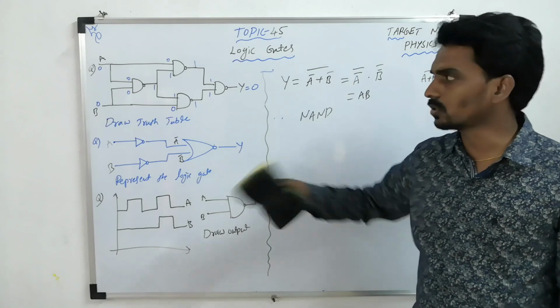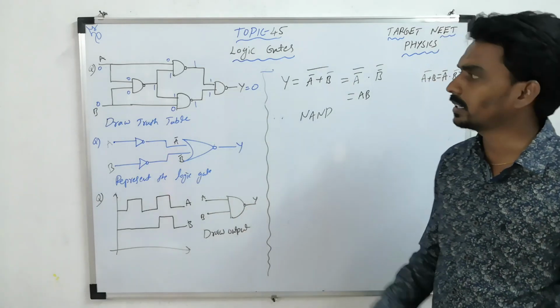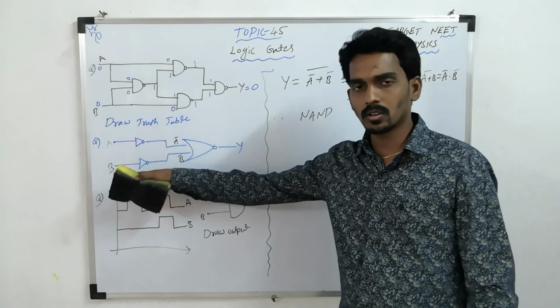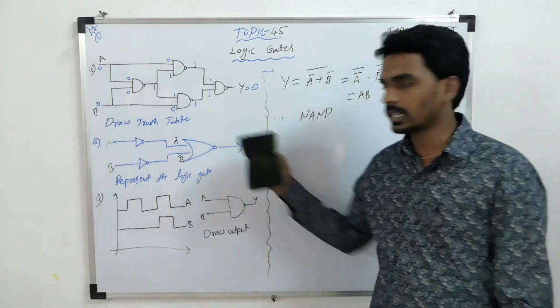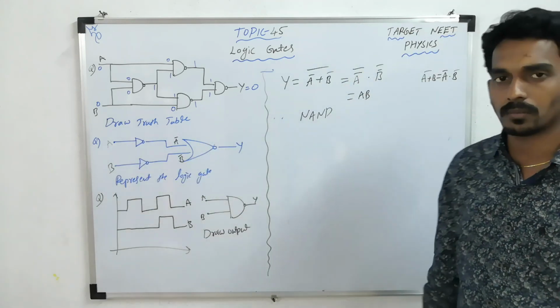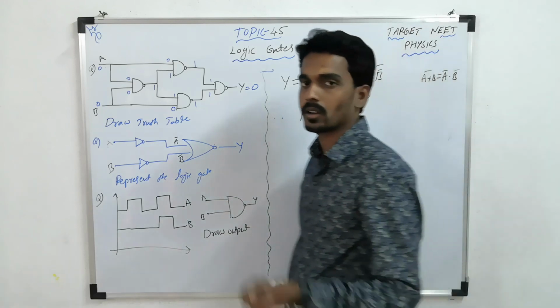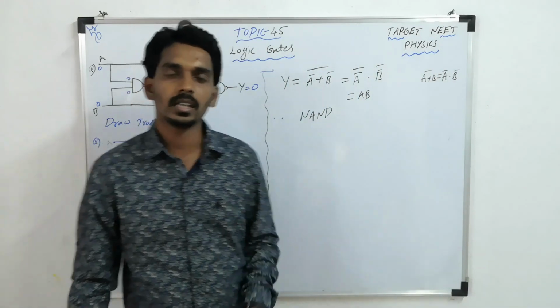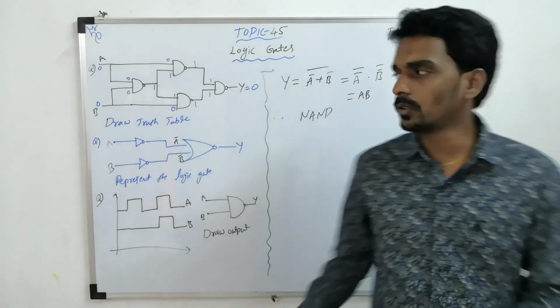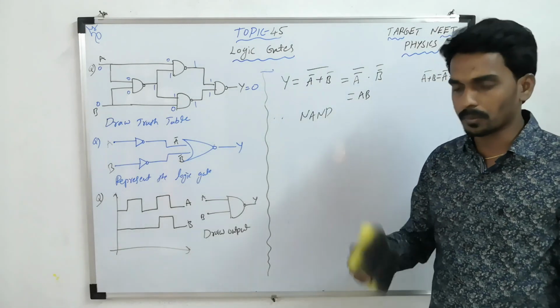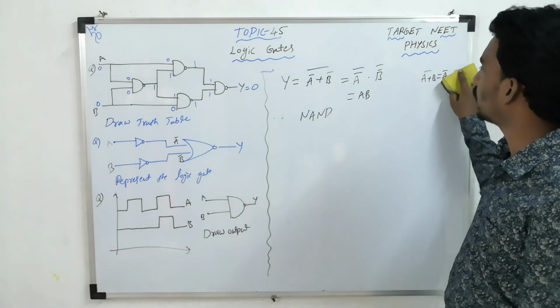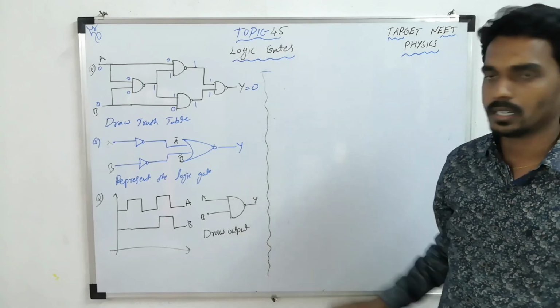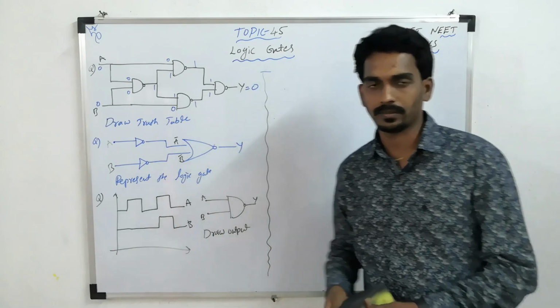The same thing you can also do in this method. You can take 0 0, 0 1, 1 0, 1 1 and compare the truth table with one of them, like OR gate or AND gate or NOT gate or NOR gate or anything. Whichever is suitable, you can choose the option depending upon your understanding and your comfort. Try to proceed with any one method.